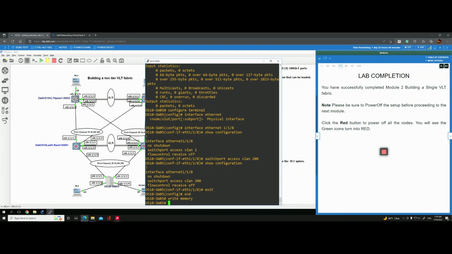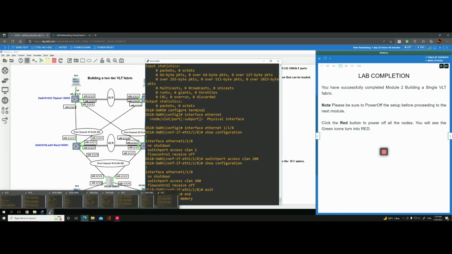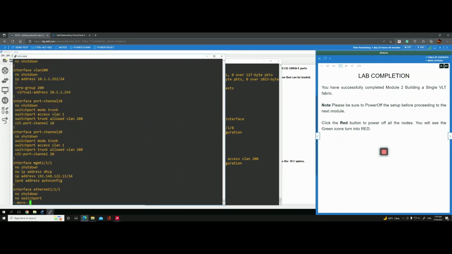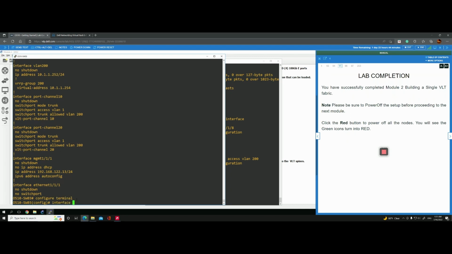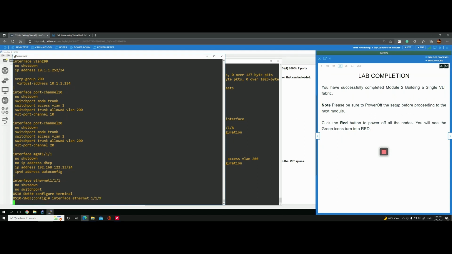So now let's go to PC3. We're gonna go to switch number 3, interface 9, and set it up in VLAN 200. Let's go to switch number 3, and then we're gonna press Control C to get to the command prompt. We're gonna go into configure, interface Ethernet 1/9, and then let's do show config,